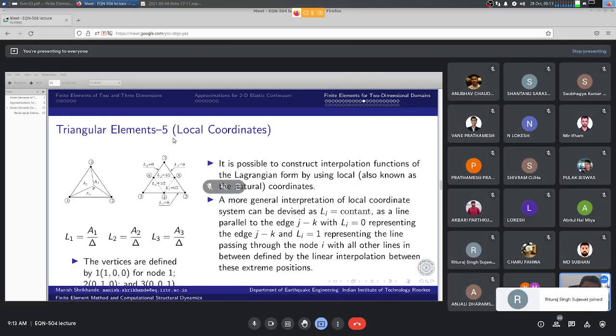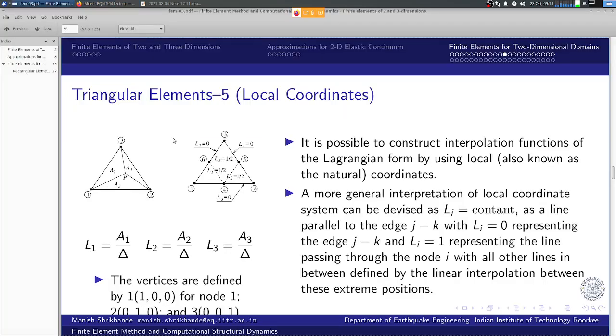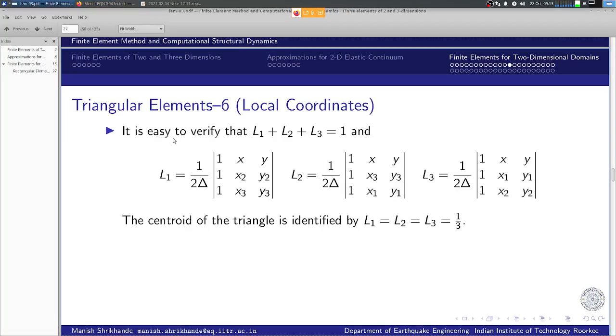So we move ahead, and as we saw, L1, L2, L3, the local coordinates, are given by the ratio of the area in case of triangular elements, and they would be given by the ratio of volume in case of tetrahedron elements, the way they divide the domain into respective parts. And they would all add up to unity, which is the essential requirement of interpolation functions.